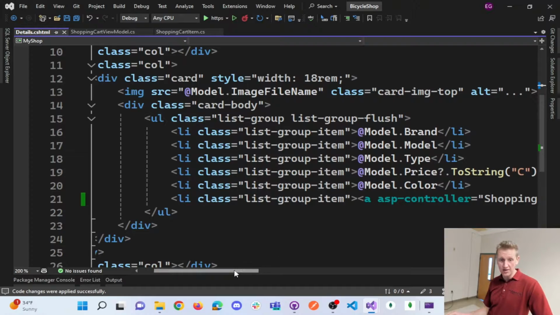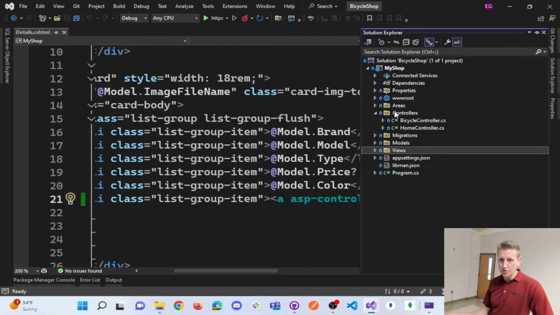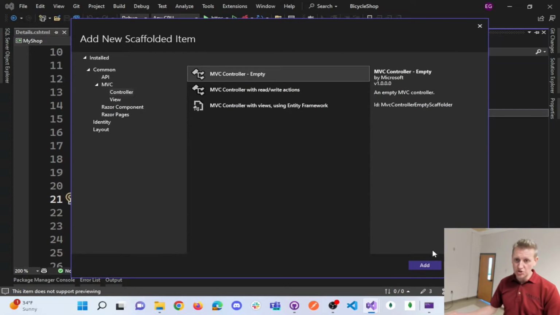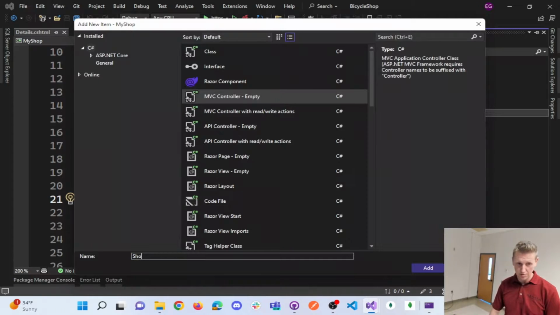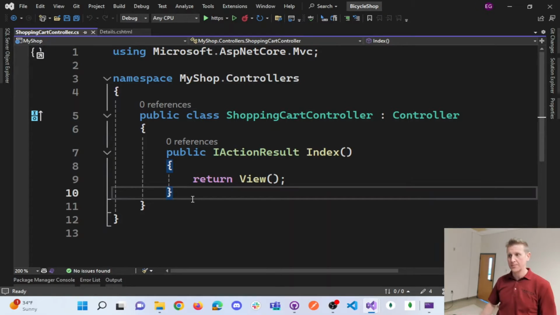Now we need to actually go ahead and create this shopping cart controller. So let's go ahead and, under our solution, I can start closing some of these things here. And under controllers, I'm going to add a controller. We're going to call it shopping cart controller. And we need to make our method, which was add to cart. So public